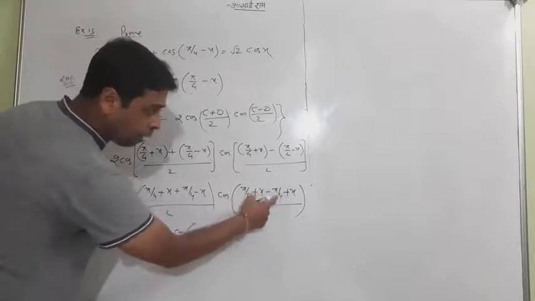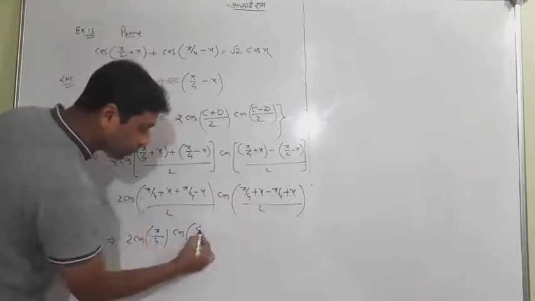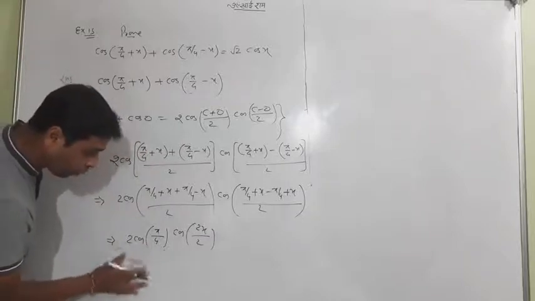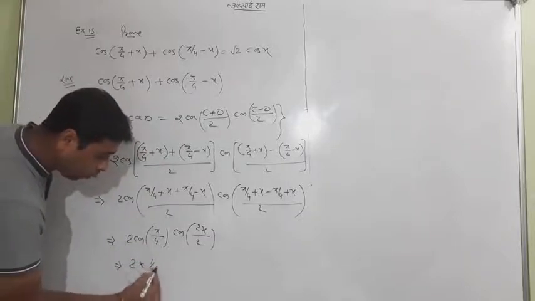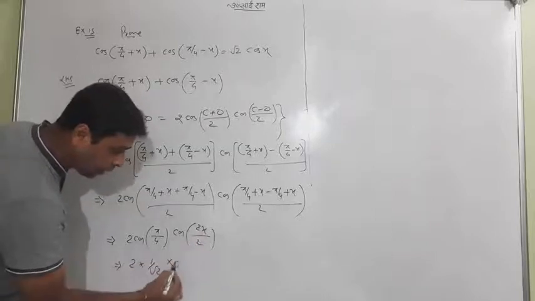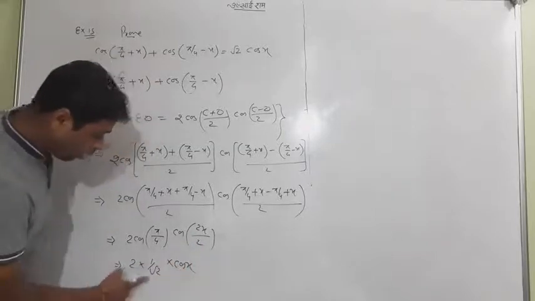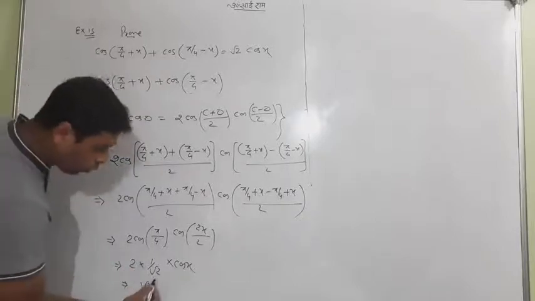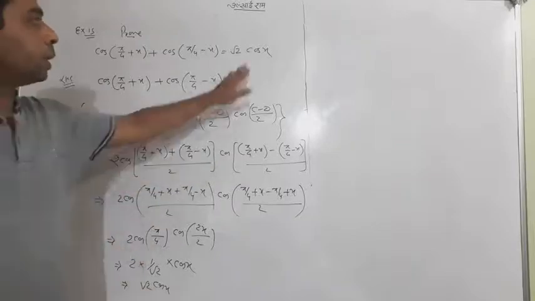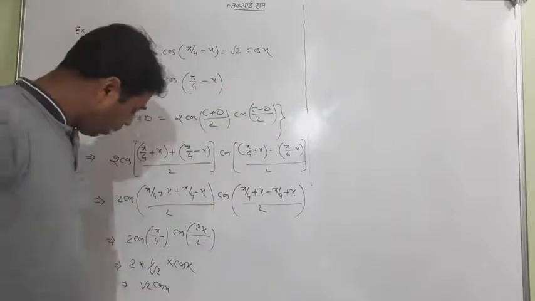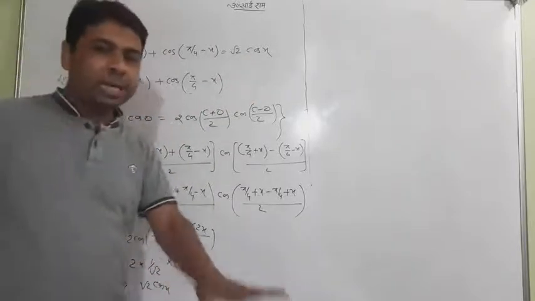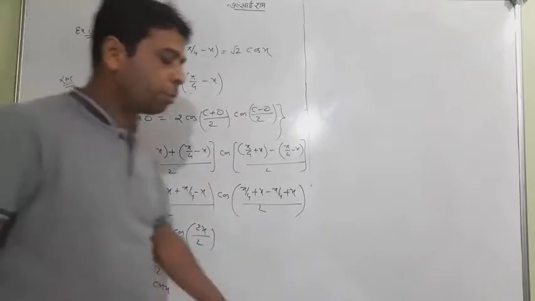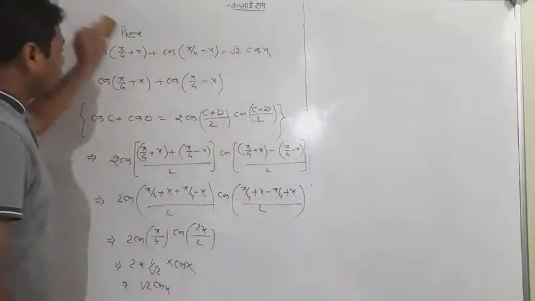Cos x, pi by 4 cancel, and 2x by 2 is x. So the overall answer is cos pi by 4, which means 1 over root 2, and 2 and 2 cancel. This is cos x, and the 2 and 2 can easily be written as root 2 and cos of x, and that is the right hand side answer. So now by watching it you can feel the easiness of the question, not tough but just remembering the formulas. Okay,